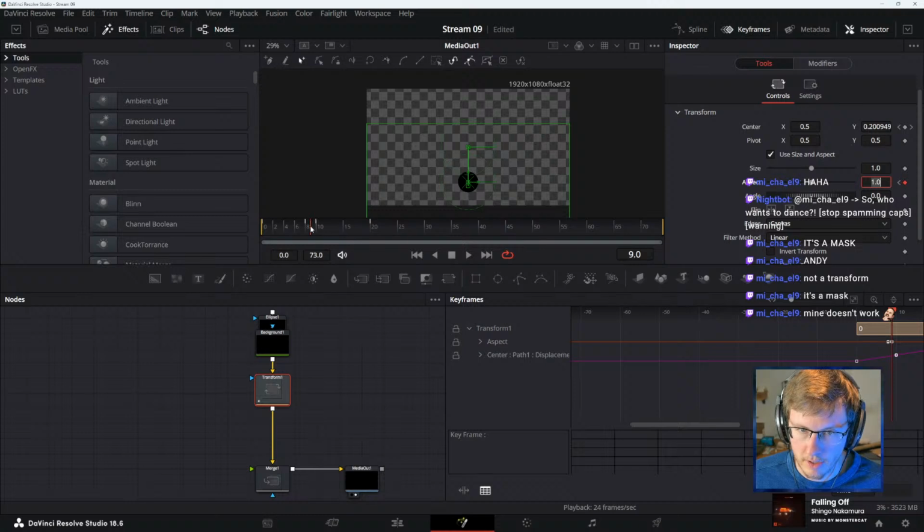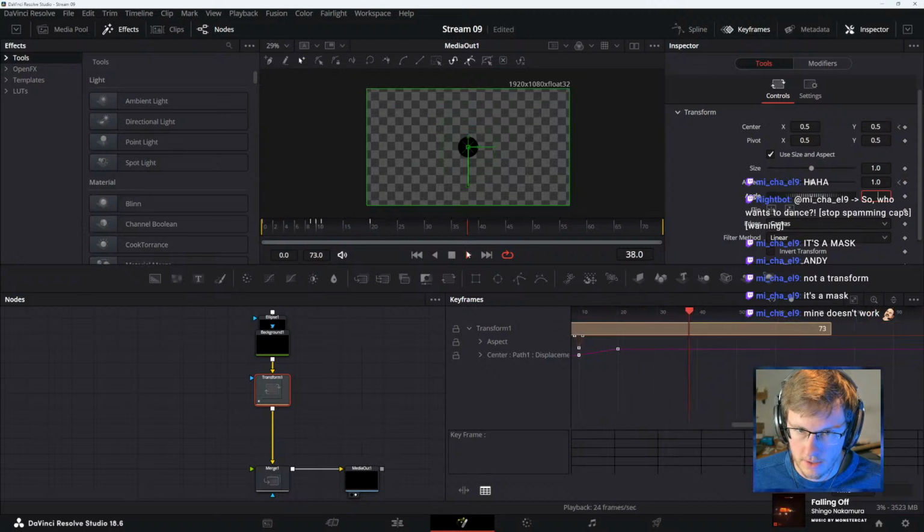No, that's wrong. It would be this frame, it would be this one. And then this is where it would squash. And then this is where it would go back to 1. And that's gonna look Disney-esque.